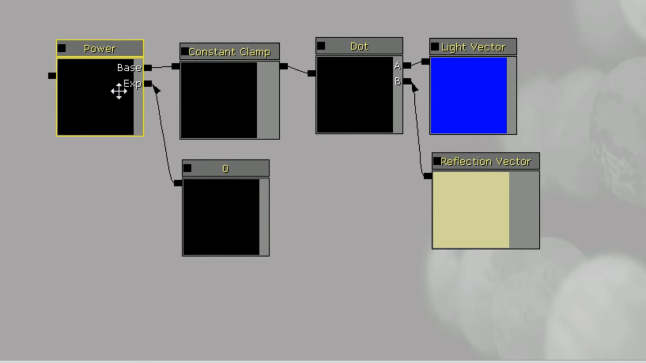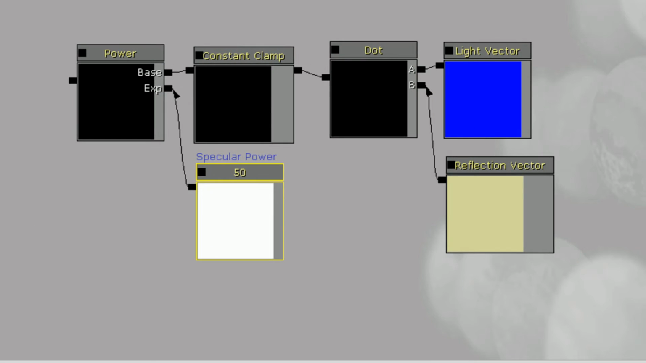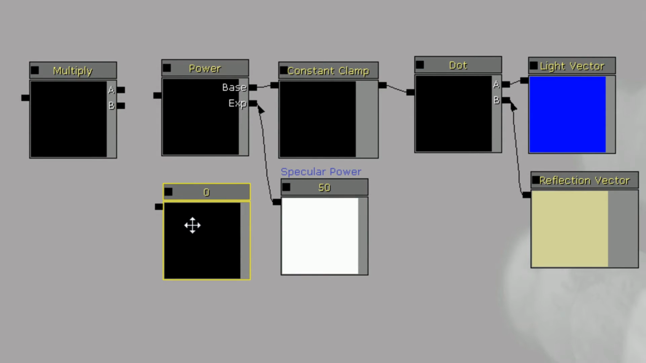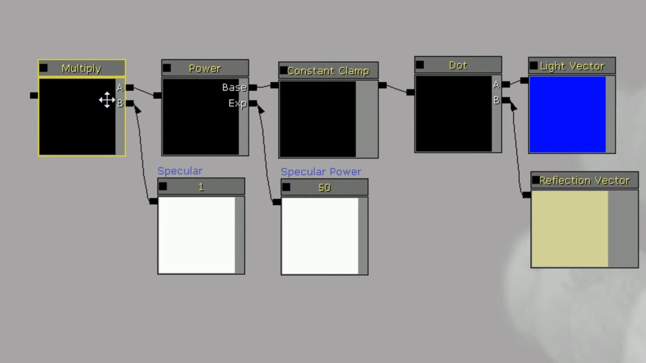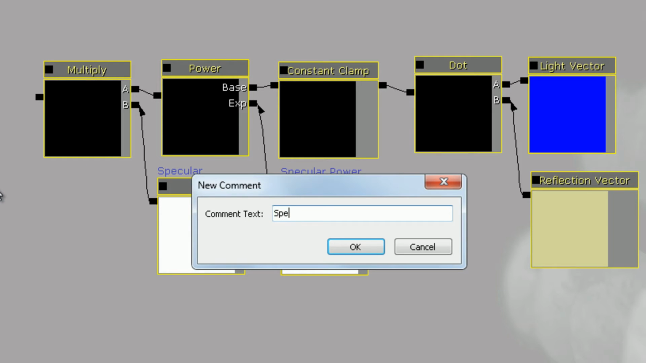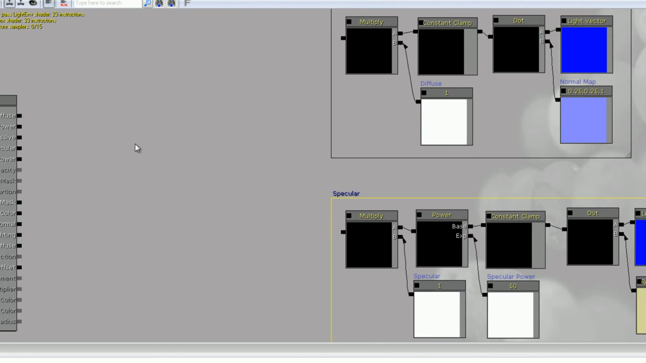That's going to be our base. And this is going to be our specular power. I'll give it a value of 50. Add another multiply node, M and click. Another constant 1 vector by 1 and click. And this is going to be our specular. I'll give that a value of 1. Select all of these, new comment, specular. Okay, now you just add these together,